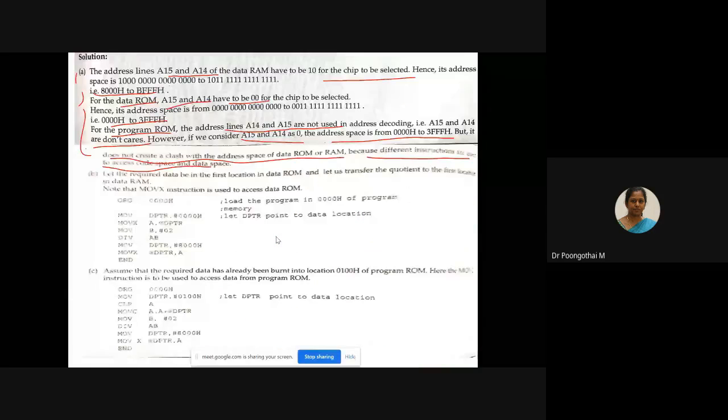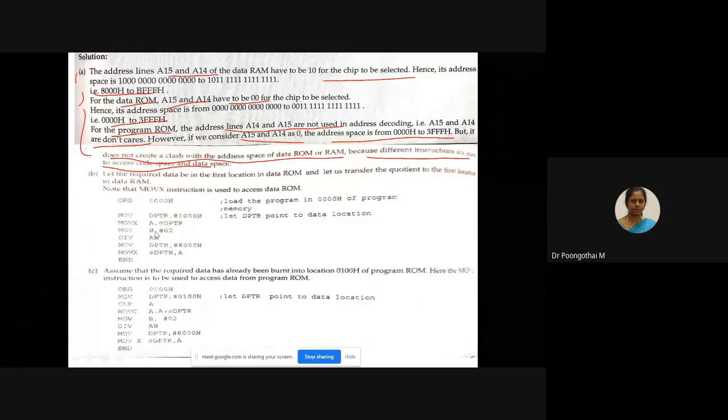So please look at the code given here. It's a very simple one. You have to carefully use the address based on this calculation. First, what is the first memory? According to your problem statement, you have to access a byte of data which is in data ROM. The data ROM starting address is 0000, so initialize your DPTR to 0000. So get the data from your data ROM. This is the starting address of your ROM, and access the data from 0000 into the accumulator and divide